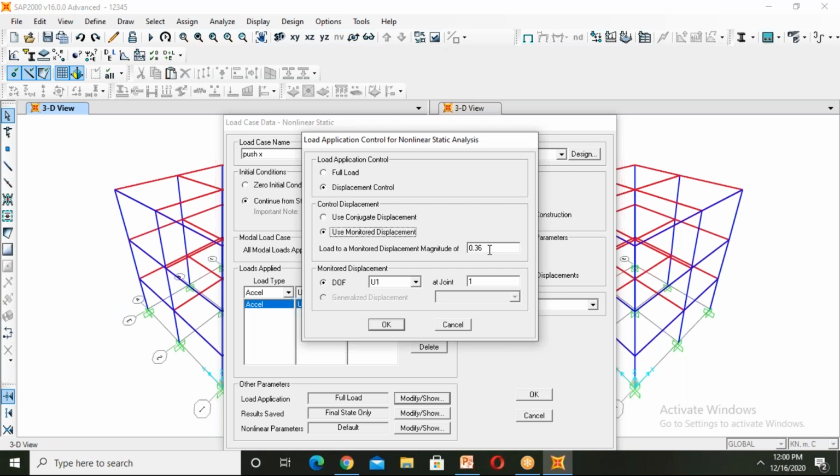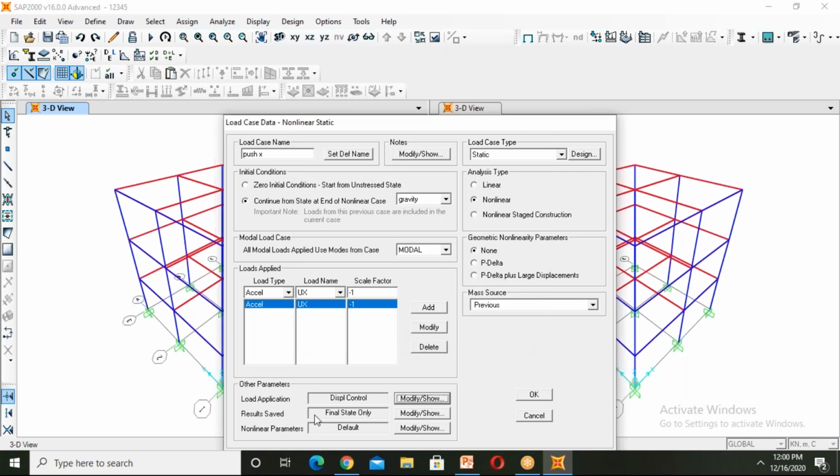Our building height is 9, and 9 times 0.04 is 0.36. As our structural height varies, this monitored displacement will also vary. The monitored displacement is U1 at the joint, at the node point. We have seen that the node point is 3. So click on OK.